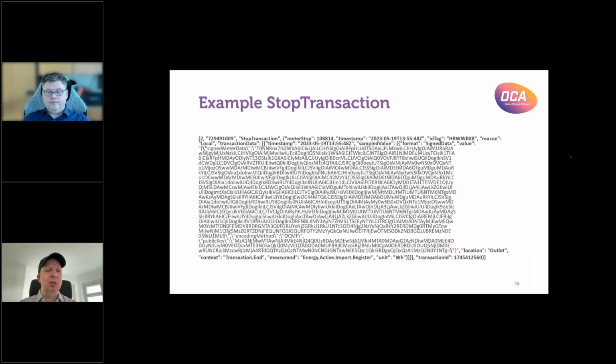Yeah. And so the 1.6 stop transaction, sorry, it's a bit detailed, I hope you can all read it. The text in bold is the standard OCPP 1.6 stop transaction message. So that's a normal message as it existed. And in the sampled value, it's also the format signed data that was specified. But what the content of the value field is,